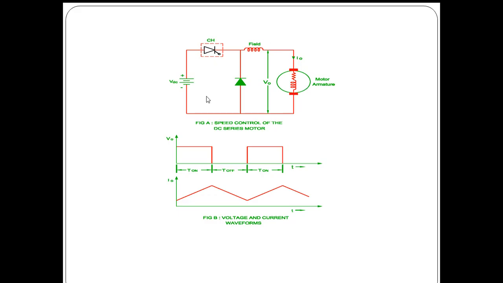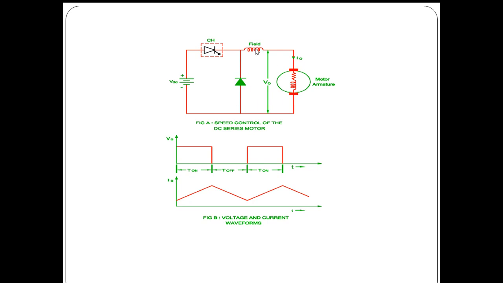Motor armature and series field windings will be made up of inductors. This will drive the current. The energy stored in the motor coils will drive the current through freewheeling diode. So freewheeling diode will forward bias. So the energy across motor will drive current through freewheeling diode through series field and armature of the motor. So from motor armature, freewheeling diode and field winding, again it is coming to armature. So in this closed path, current will be flowing.